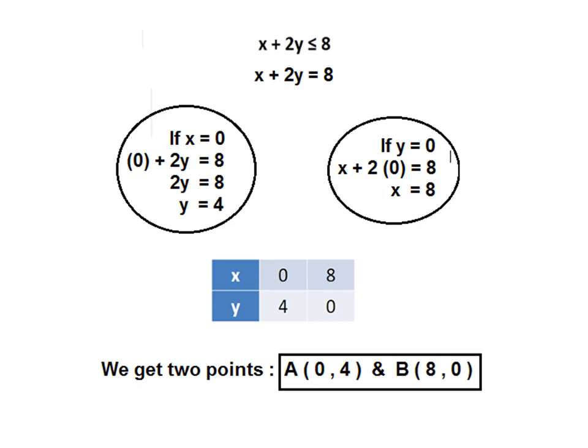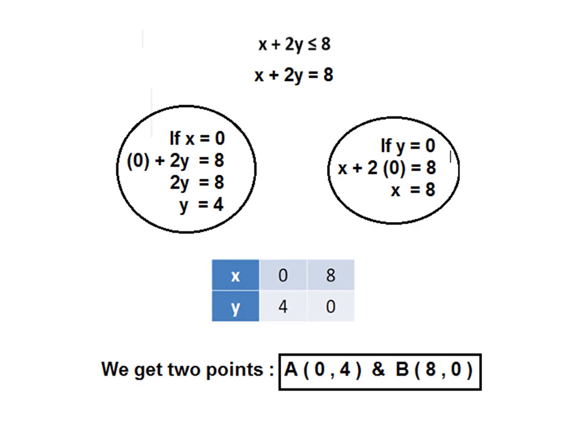Next, to find the y-intercept and x-intercept, we put x and y one by one as zeros. So first, to find the y-intercept, if x = 0, look at the circle on the left side. So 0 + 2y = 8, which simplifies to y = 4. So the first point is (0, 4). You can look at the tabular column: in the first column you can see x and y, in the second column there is (0, 4). This is the first point we have got. I'll call it point A.